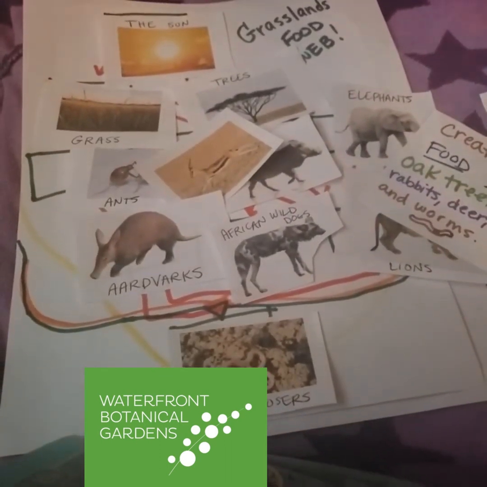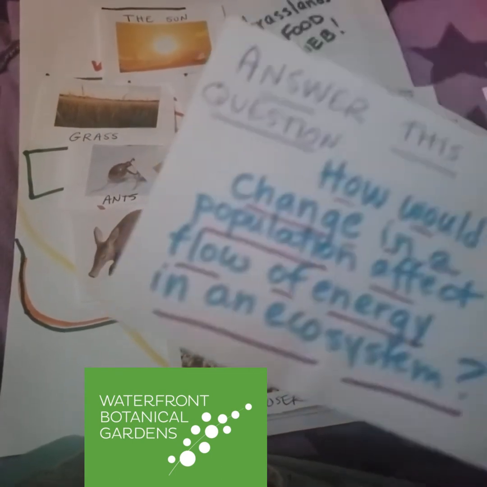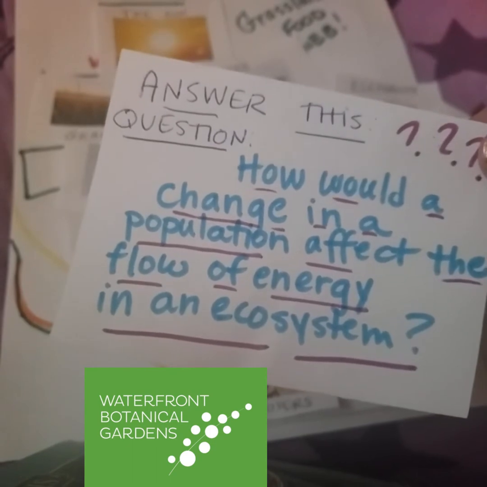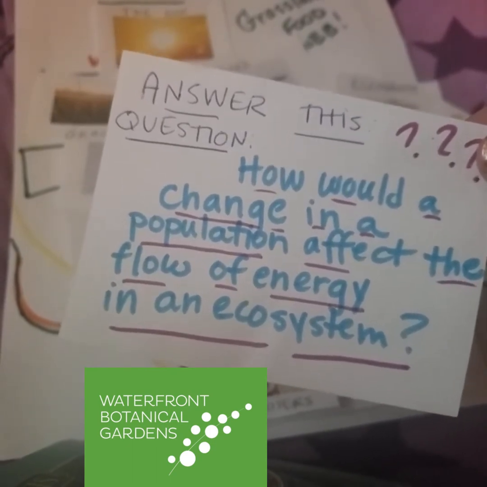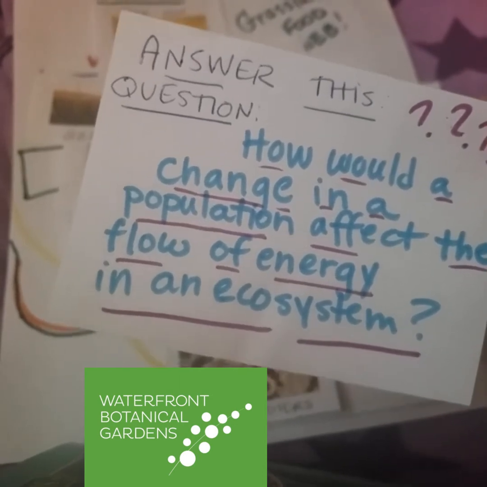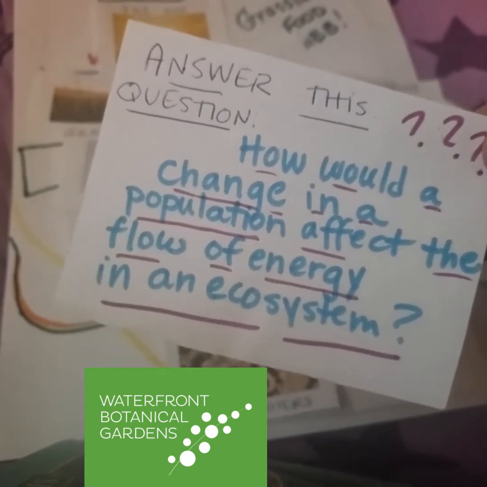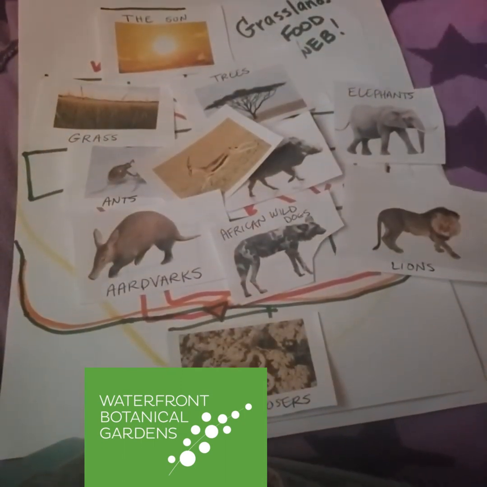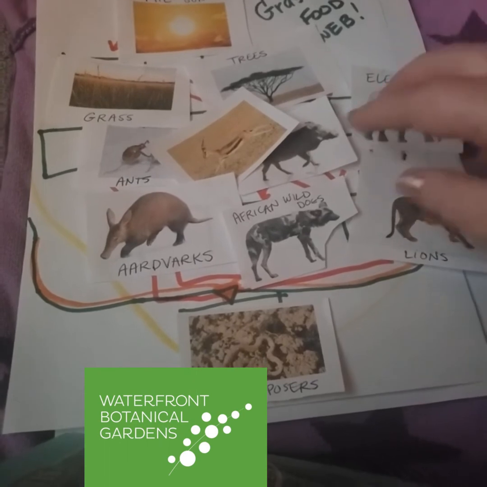And then you're also, in addition to creating that food web, supposed to answer the question, how would a change in a population affect the flow of energy in an ecosystem? How would a change in the population affect the flow of energy in an ecosystem? So you can think about that for a second. If you think about, for instance,